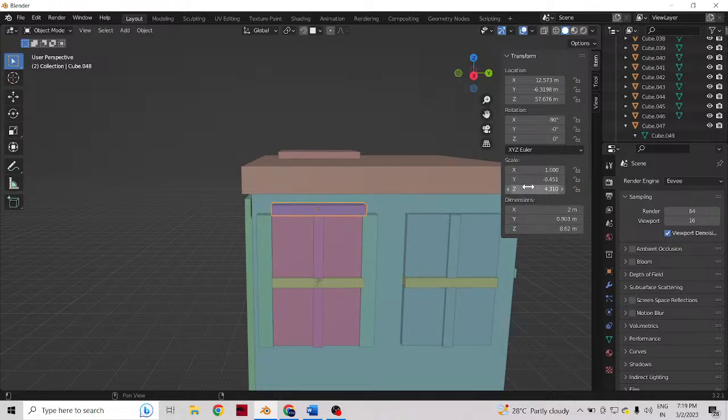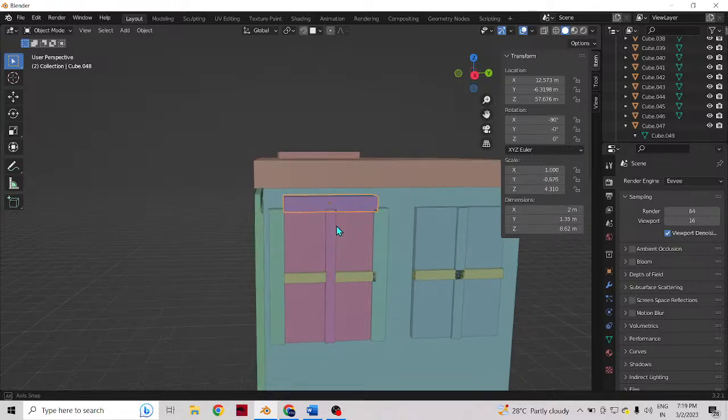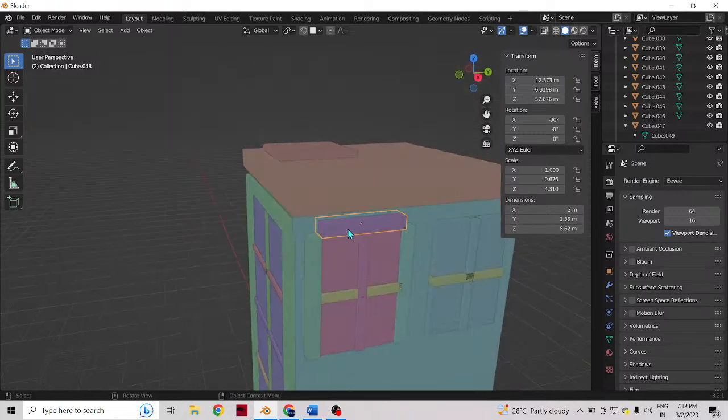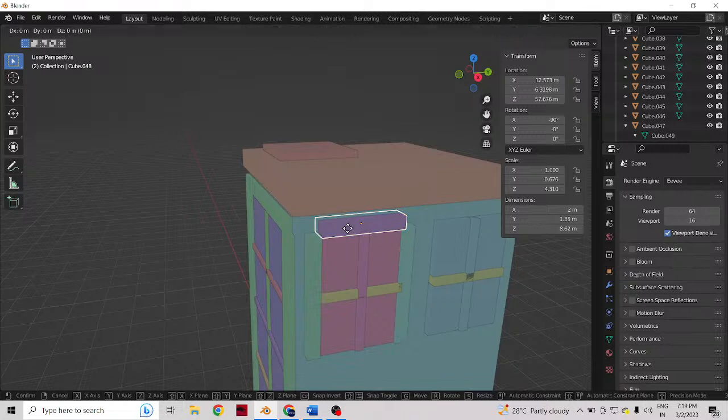I'm going to bring that value in Z, minus 0.676. Once I have made the frame wider,